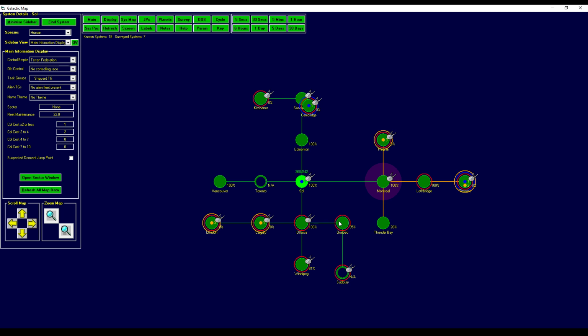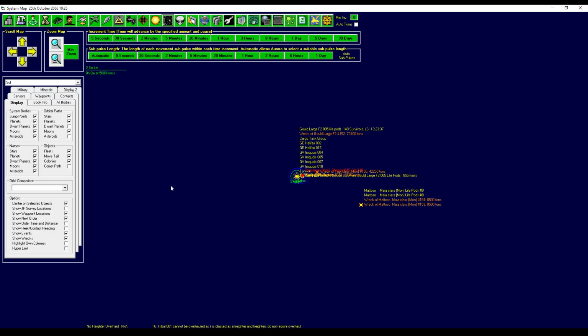I think what we're going to do is split up our ships into 2 task groups. We might have one patrolling on this jump point. We'll have another one patrolling down here, something like that. But that's for later. In the short term,